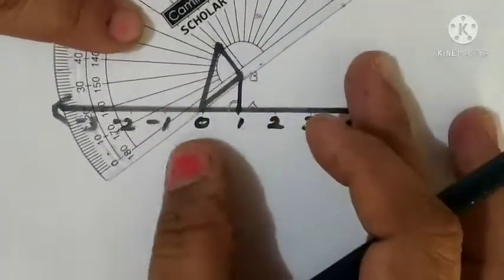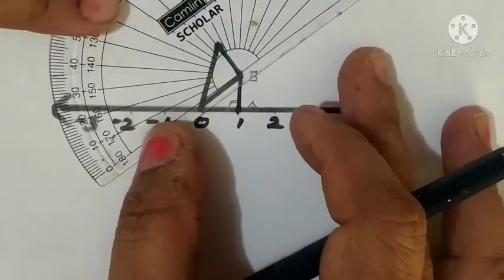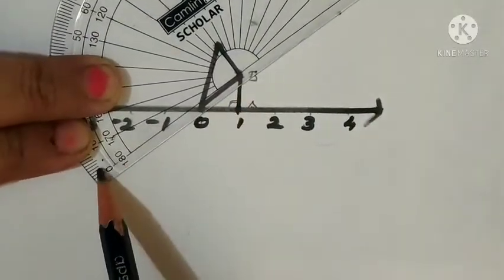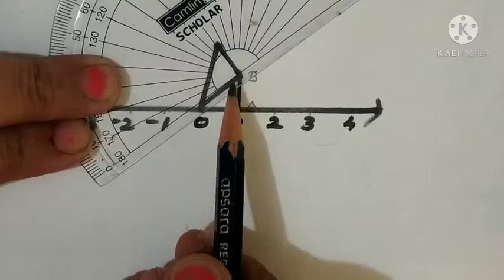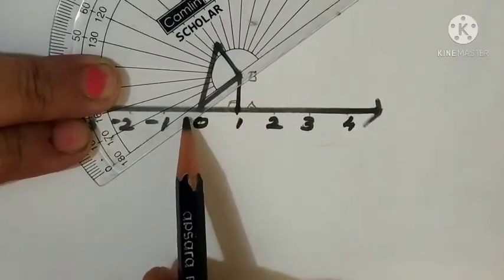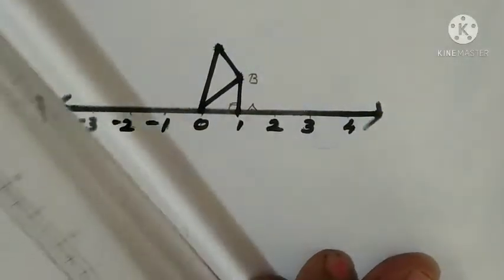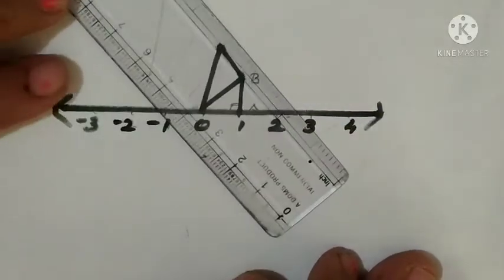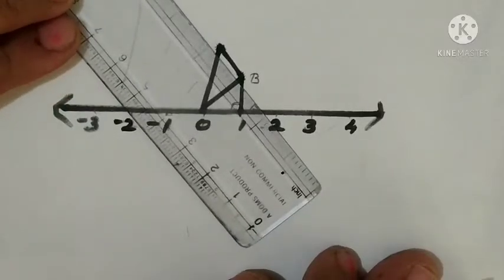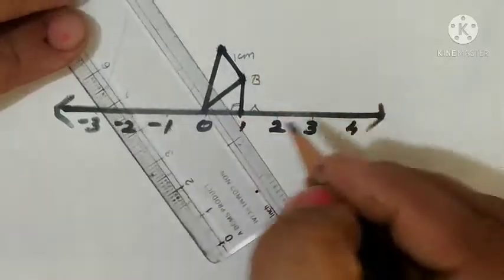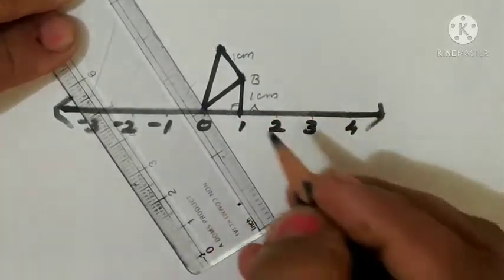Now from here we have to take the 90 degrees. Here children are making the error. Keep this base line coinciding with the 0, and this is the base, which is the hypotenuse root 2 as the base. From there 90 degrees is to be marked. On that line 1 centimeter is to be taken. Right, so 1 centimeter we have taken like this and marked here 1 only. This is again 1 centimeter only. Right, here also 1 centimeter.